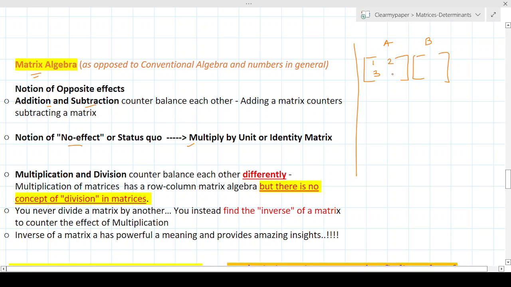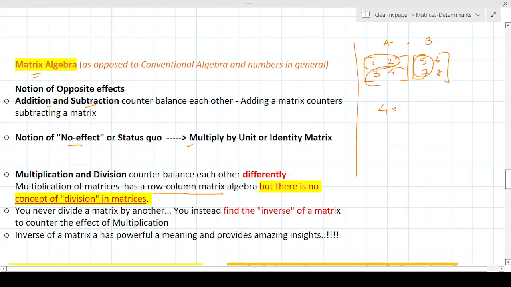We're talking only about square matrices here. When I multiply A by B, I take this row and this column, and again this row and this column, and so on. So we know the typical matrix multiplication, the row-column method, which we do to get the final matrix. That's the equivalent of algebraic multiplication